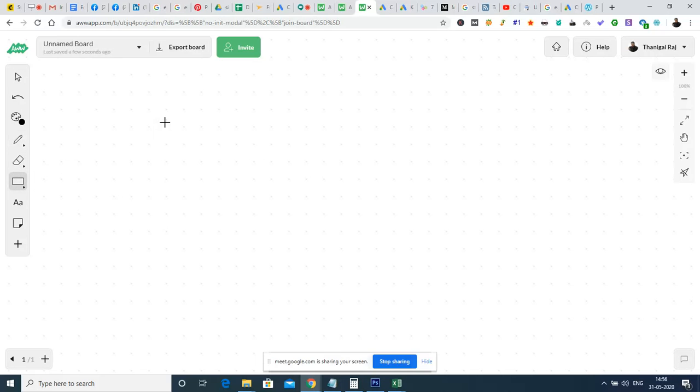Right. So the Google Ads structure will be like this. One is campaign.